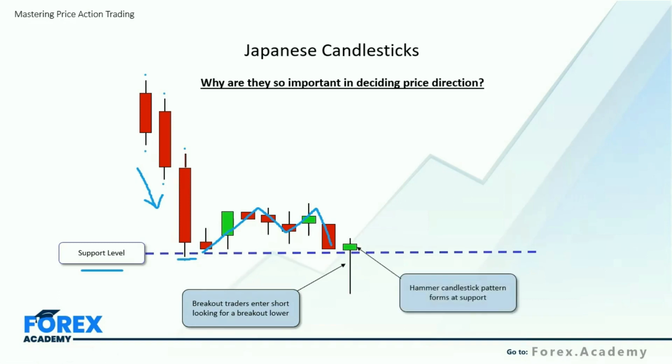But in reality, that's not what we see. What we see is actually a little bit of a rejection to the downside. So this is now a rejection candlestick. So prices were pushing lower and we got to a low price, and then we started to push higher. And as you can see, there's a little bit of a rejection of prices pushing lower. And it actually creates a hammer candlestick pattern. Now that's quite interesting because it hammers out the bottom of the market. And what that can do is present,